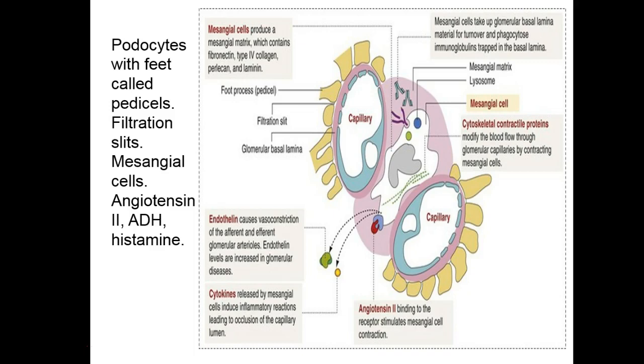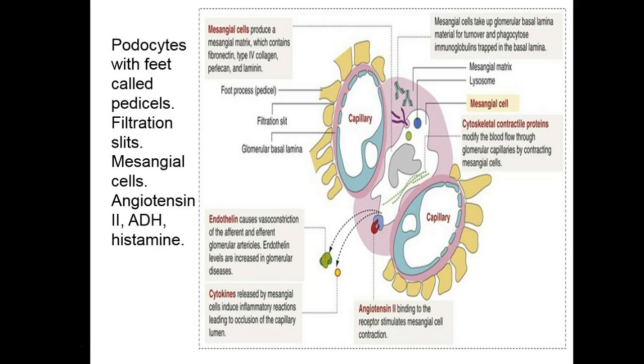And what you're seeing here doesn't come from your textbook, but I thought you have one in your textbook. It's not quite as detailed. Just an FYI, you see the cell is between the capillaries. You have two capillaries there. You see the cell there, and what happens is, based on regulation, a chemical called angiotensin II or ADH or